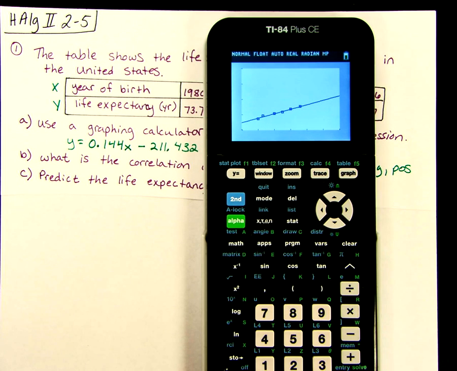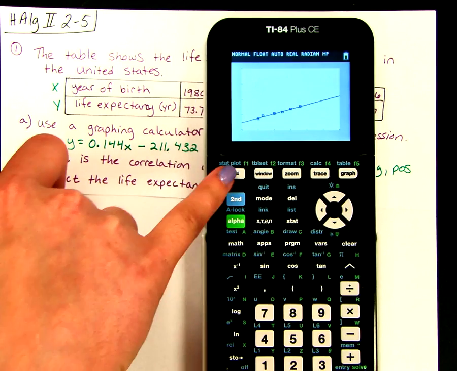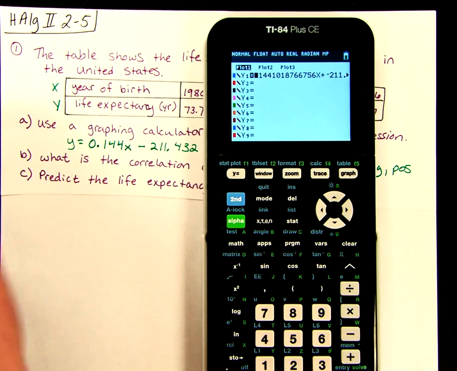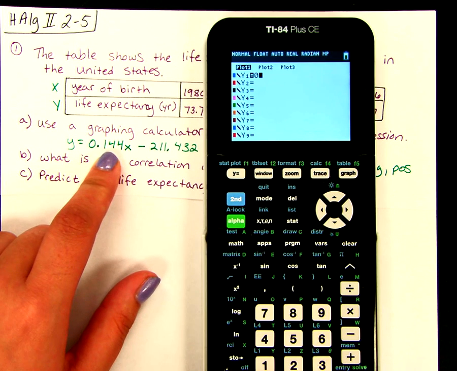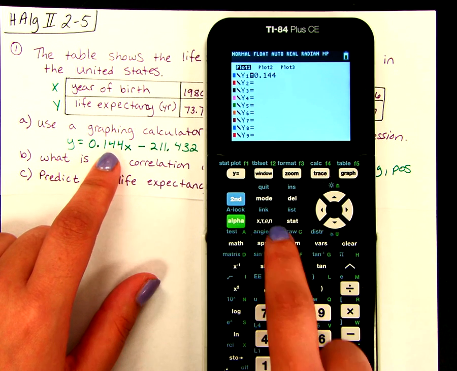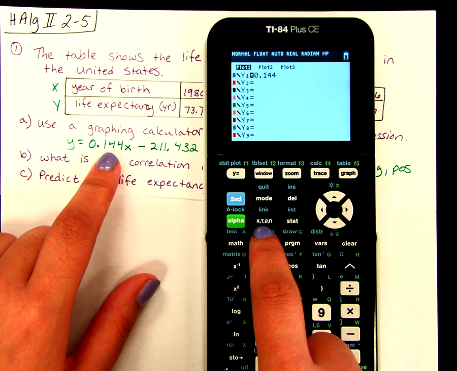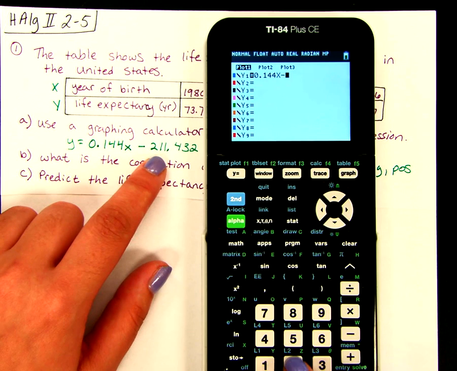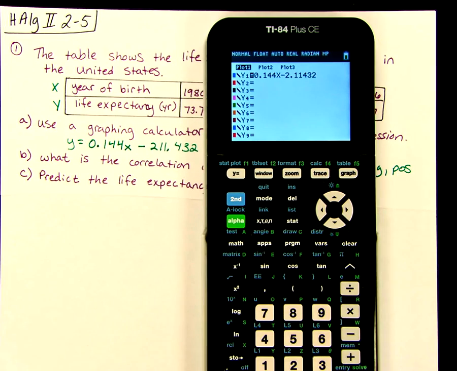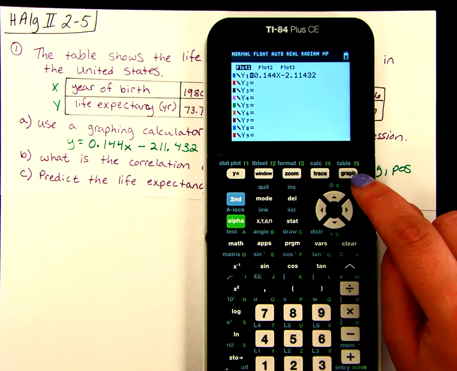Now, the second way that we can graph, so if we go back to our y equals button, if you do have something there, we just press clear to get rid of it. We can just type in this equation that we wrote down. So we would do 0.144, and then this X,T,theta,n is the key that we would press next. So that'll give you your x variable. And then minus 2.11432. So this one is going to be rounded, but we should still get pretty close to the same thing. So now we're going to press graph,